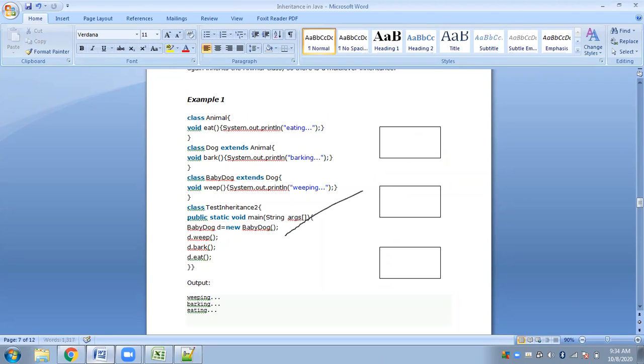This is the animal class. Then you have the dog class here, and then you have the baby dog here.